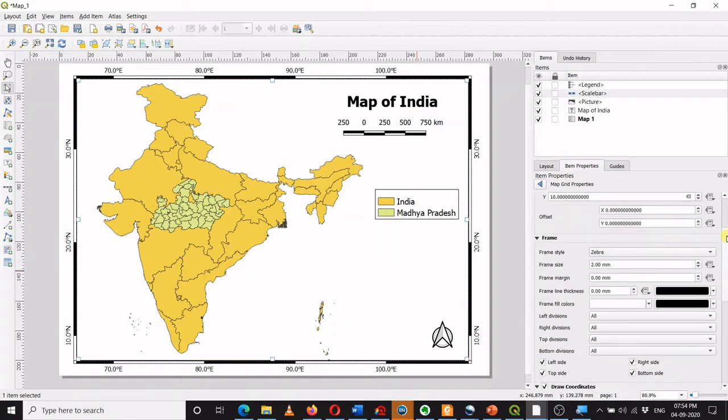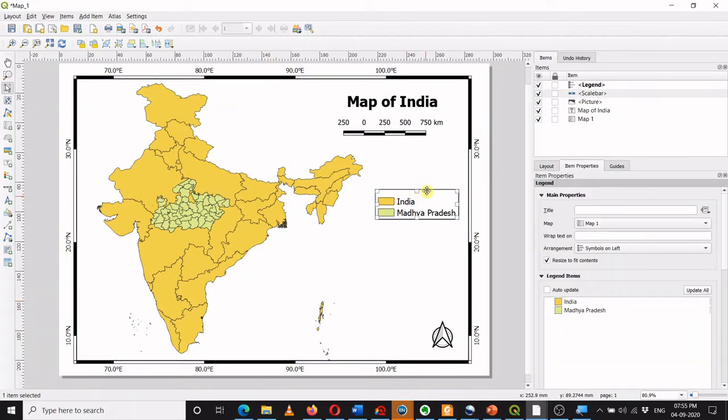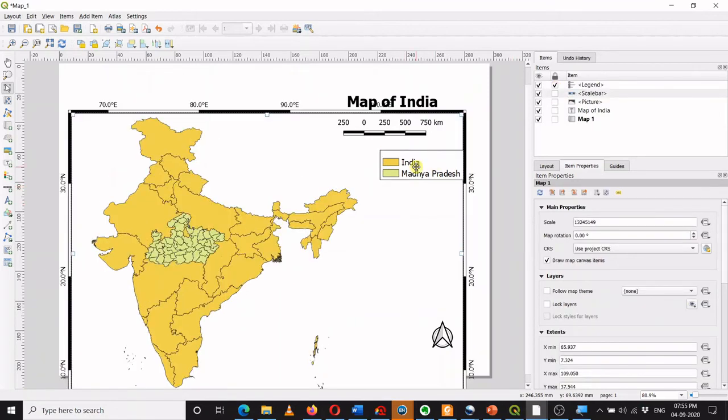Now let's see a couple of options available over here. If you are working on this composer, for example, if I have now set this legend, and since you are working you might click here and there and move the position of this legend. I do not want that. So what you can do is lock the position of this legend. All the entries are listed here in this window. So I can lock this legend, and once I lock it, I cannot select it anymore.